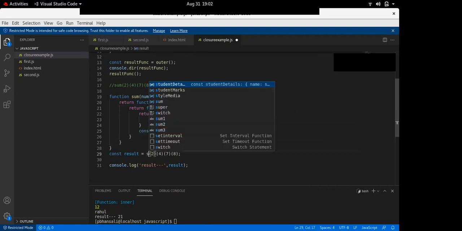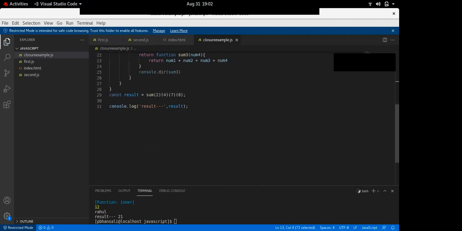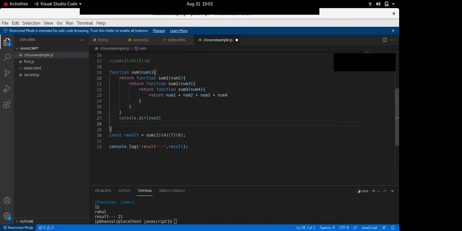Here I will write sum. It is showing unreachable code, where I can print console.dir. Still unreachable.